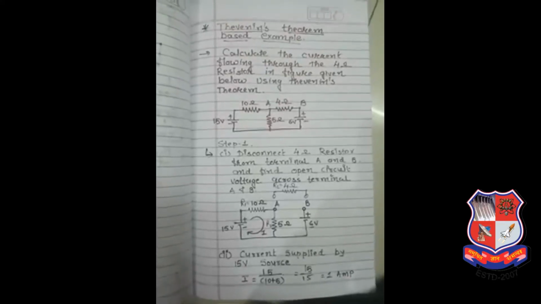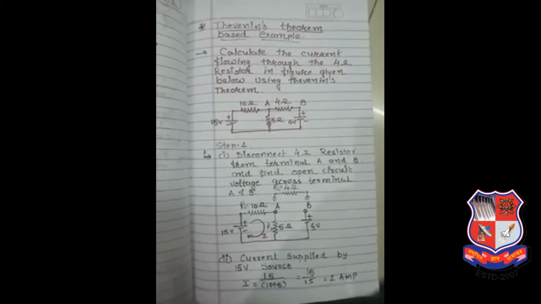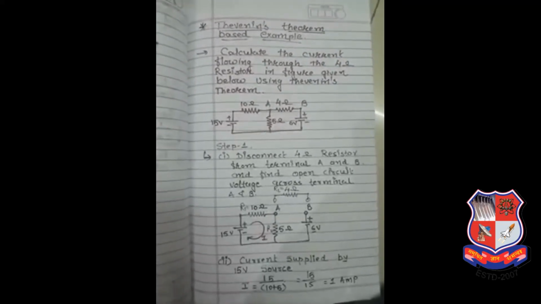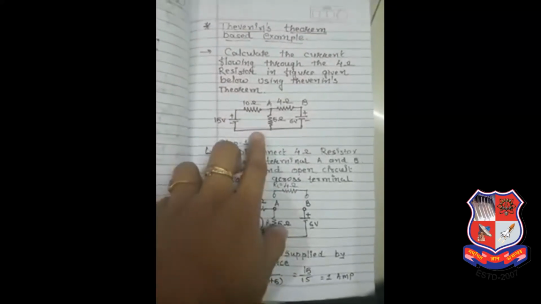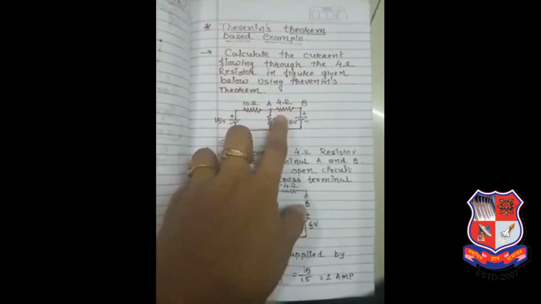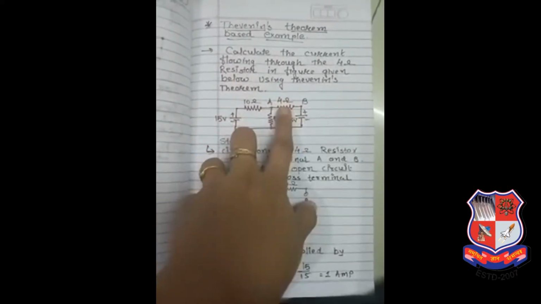Hello dear student, myself Roshni Parikh, and today we are going to learn about an example based on the Thevenin theorem, that is, how to apply the basics of the Thevenin theorem to find out the current from the element of interest. Now suppose one network is given and you are asked to find out the current I passing through the 4 ohm resistance. So how to apply the Thevenin theorem?